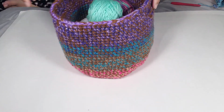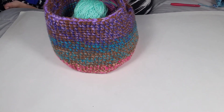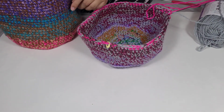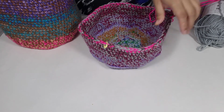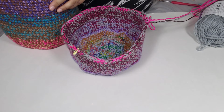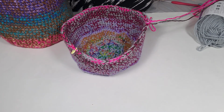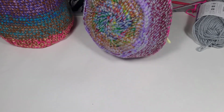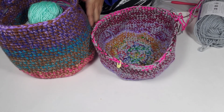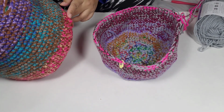But anyways, I made this basket. I love it so very much that I'm making another one, also out of scraps. My daughter is reminding me that I forgot something in my finished projects. I know I forgot, but I'm still working on this finished project, so I'm just showing you the basket again. So this is the one. It's also in scraps. Both of these yarns have so many different yarns. This one has this pink from...